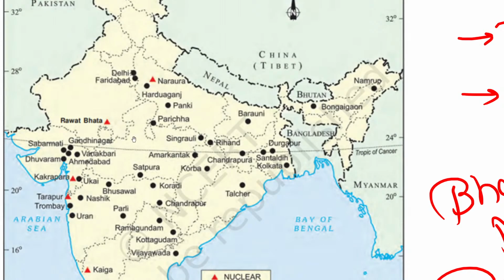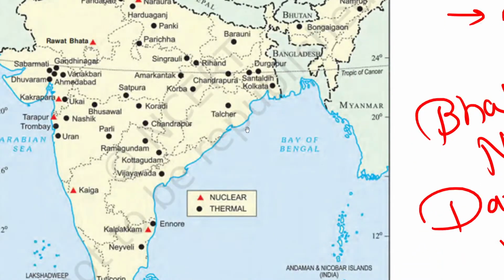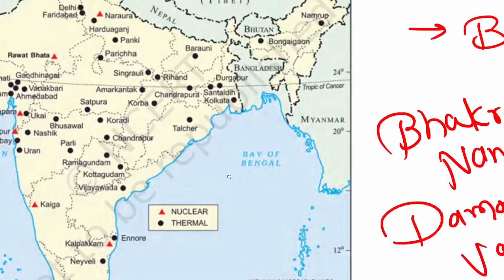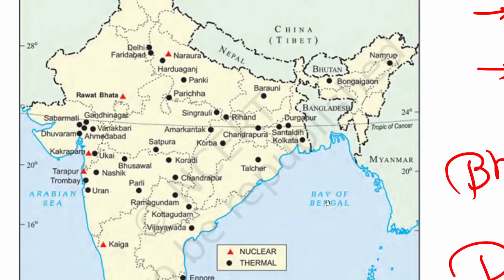Rawatbhata is also a nuclear power plant. Okay, we will cover first the nuclear power plants like Narora, Rawatbhata, then Kakrapara, Tarapur, Kaiga, Kalpakam. These are the nuclear power plants, whereas